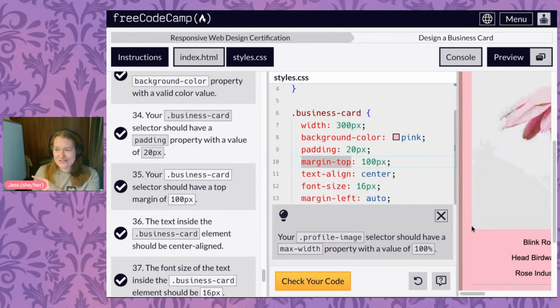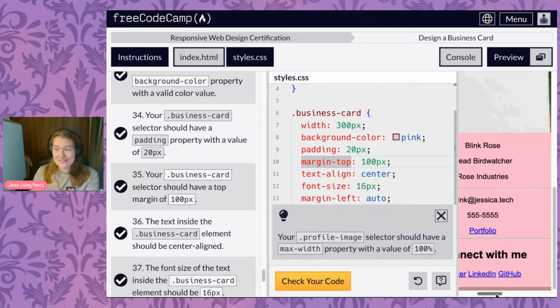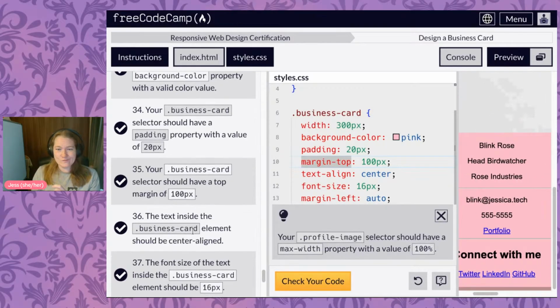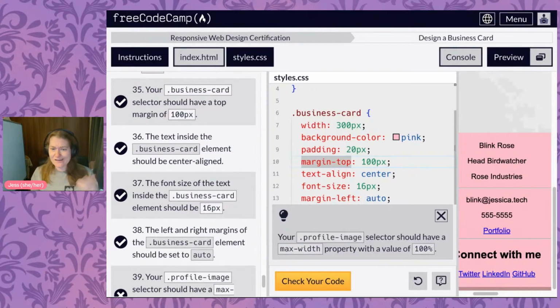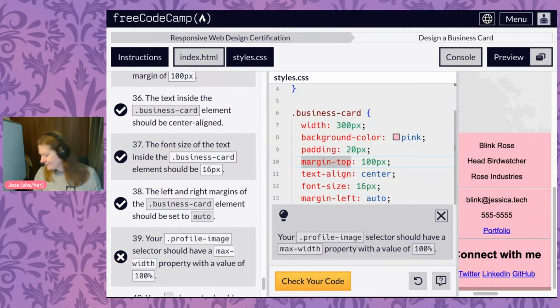The text inside our business card, let's come see that, is indeed center aligned. Okay. The font size is 16 pixels. Right and left margins automatically set. Okay. So now,